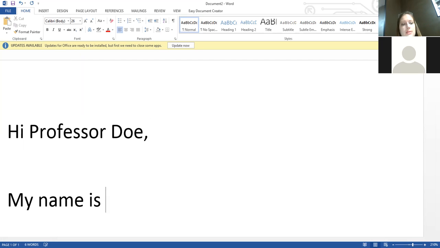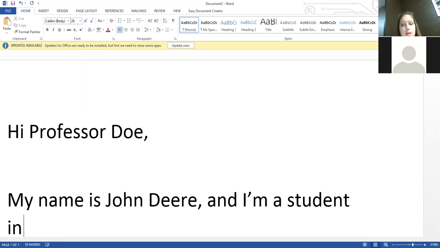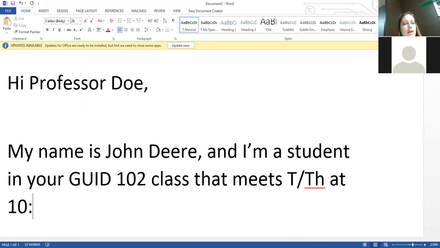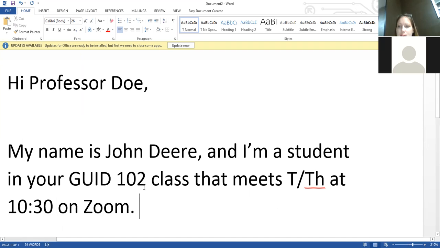My name is John Deere, and I'm a student in your, I always keep wanting to call this my AppLed 102 class, which is the in-person version of the class, but this is Guidance 102 class that meets TTH at 10:30 on Zoom. You can give them the section number, but those numbers are so long, several digits worth. They may not even be able to picture that either. Let's say if they teach 5 guidance classes, but just something like that to open it